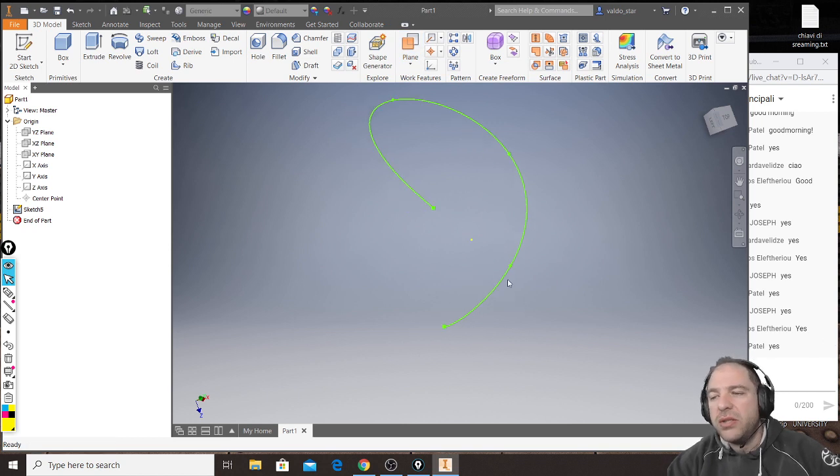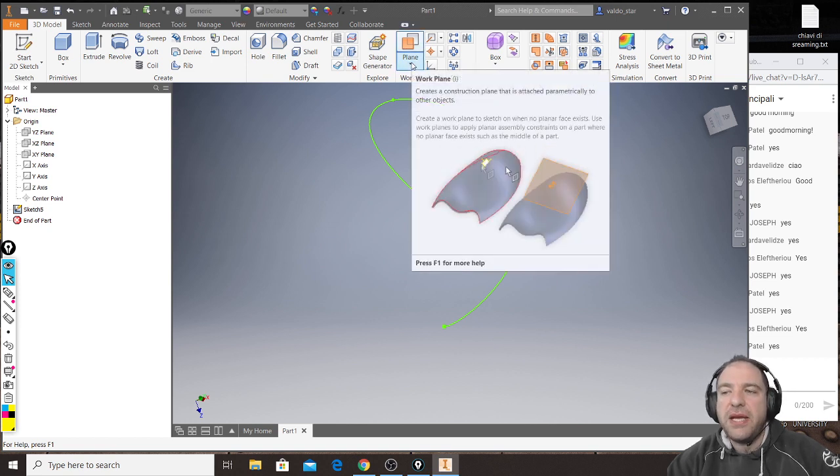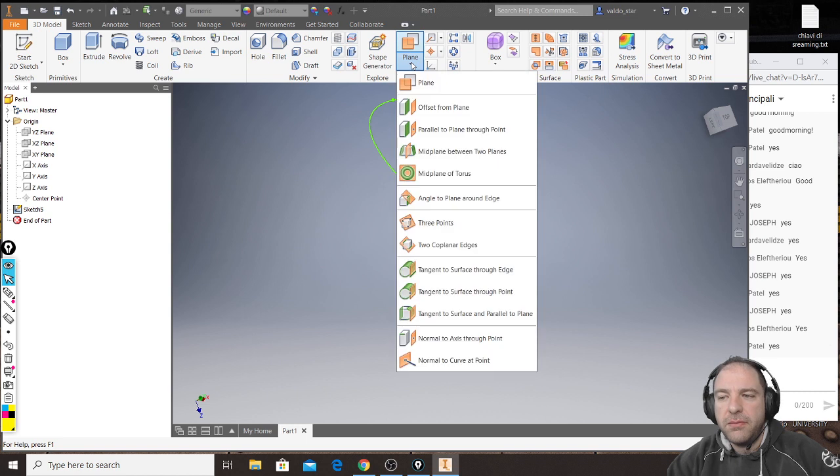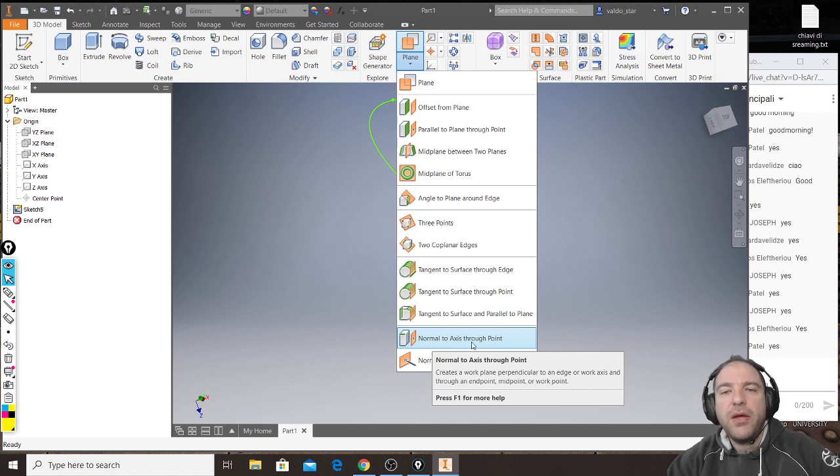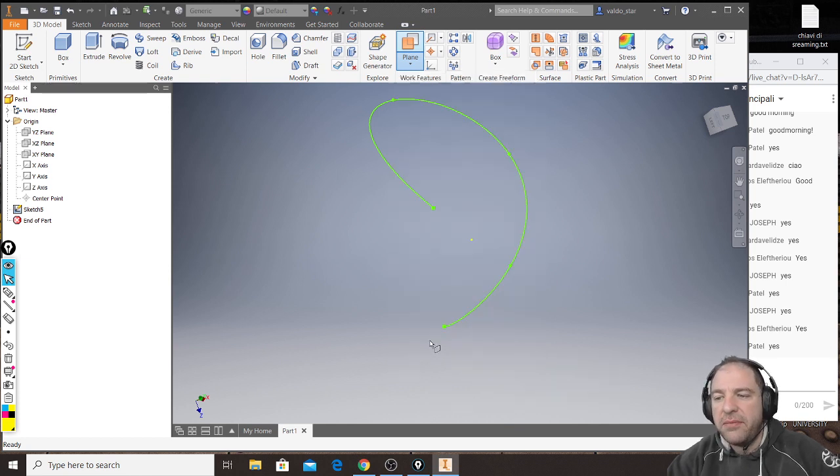So what we need to do is basically we need to use this feature. That is, we have to make a plane, this one, normal to axis through a point. So it takes 1 hour to tell the name, but basically this is the point where we,